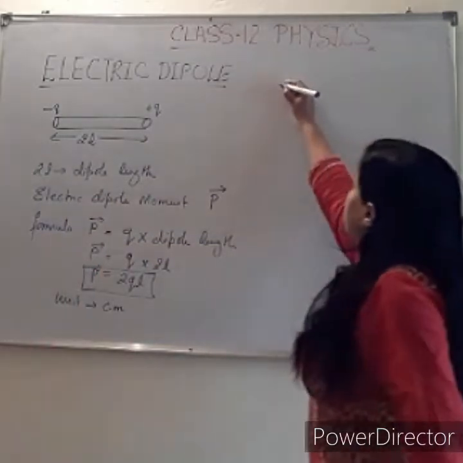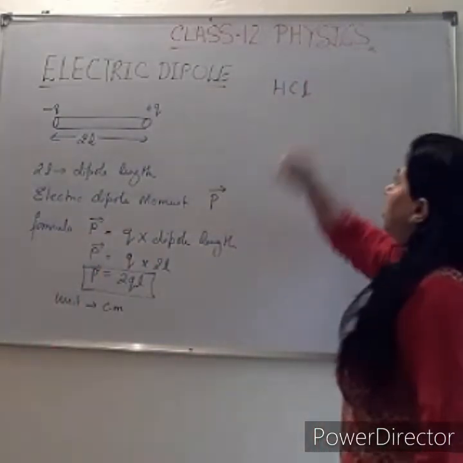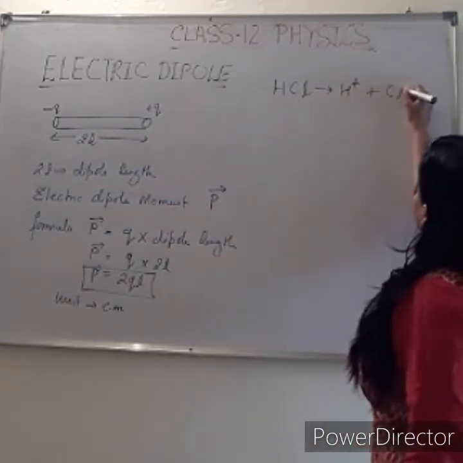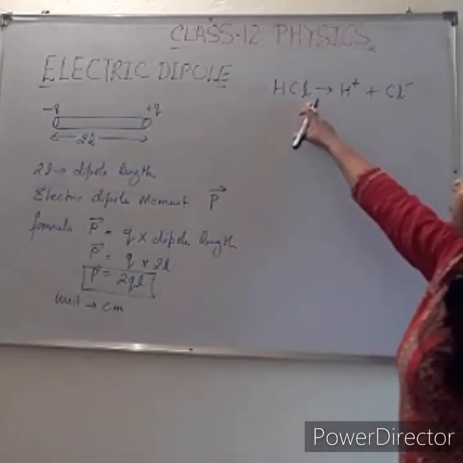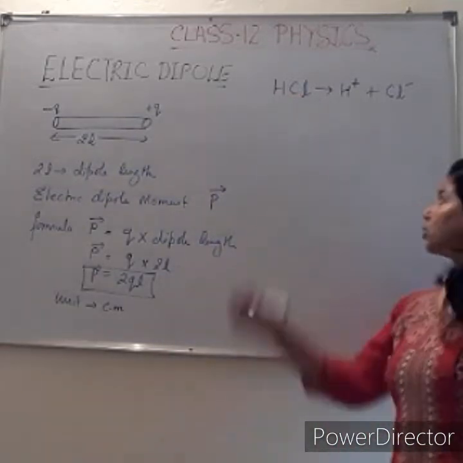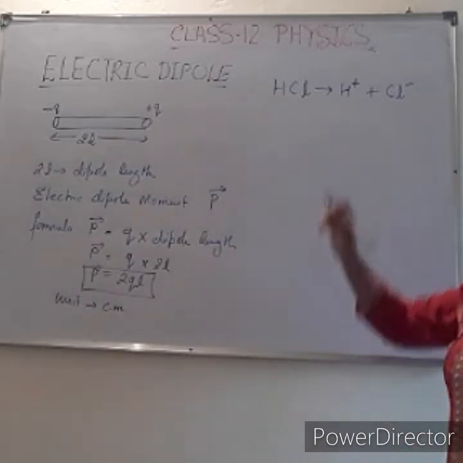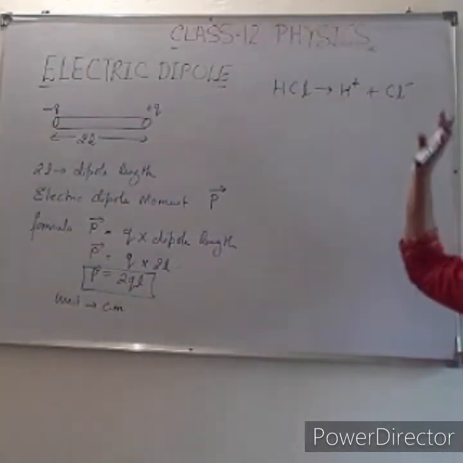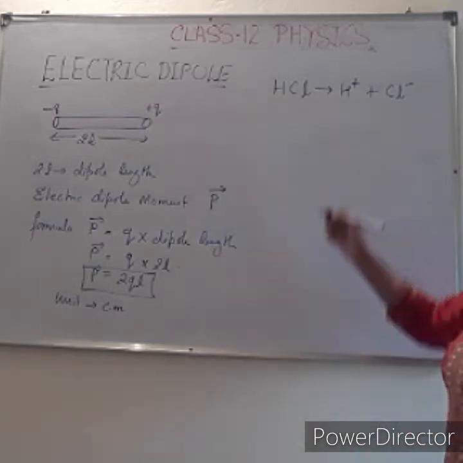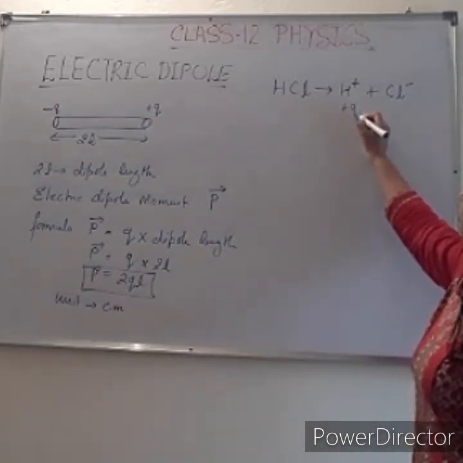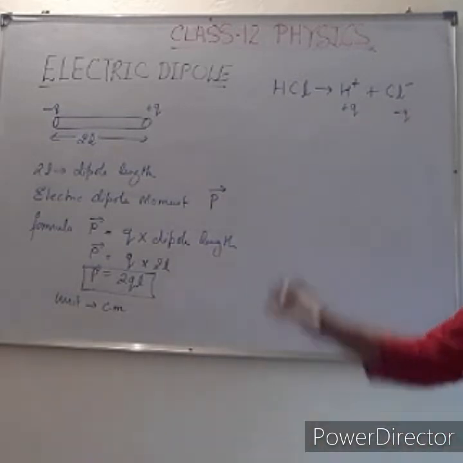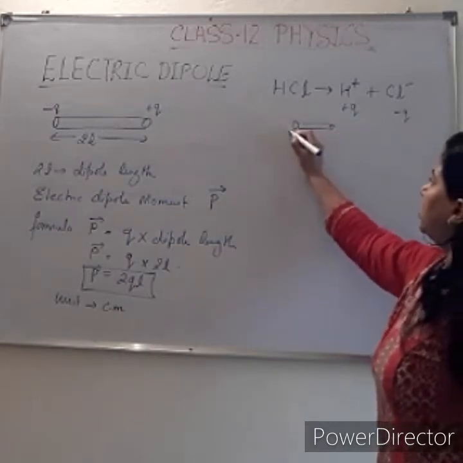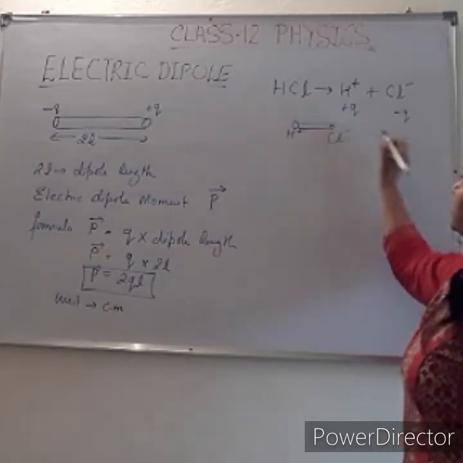If we take a molecular structure like HCl, what is the physical significance of this? It may be represented by H plus and Cl minus. Chlorine is a heavy element as compared to H, which is a very light element. So there is an electrovalency. For the H atom it is plus valency, for Cl it is minus valency. So this is a dipole. Here there is a plus q charge and a minus q charge, and in this HCl molecule they are placed at a very small distance. So this makes a dipole, H plus and Cl minus.